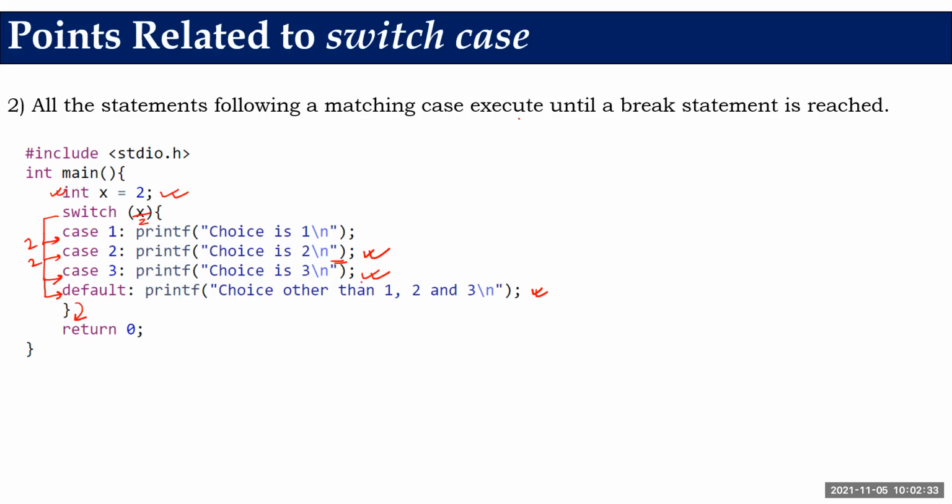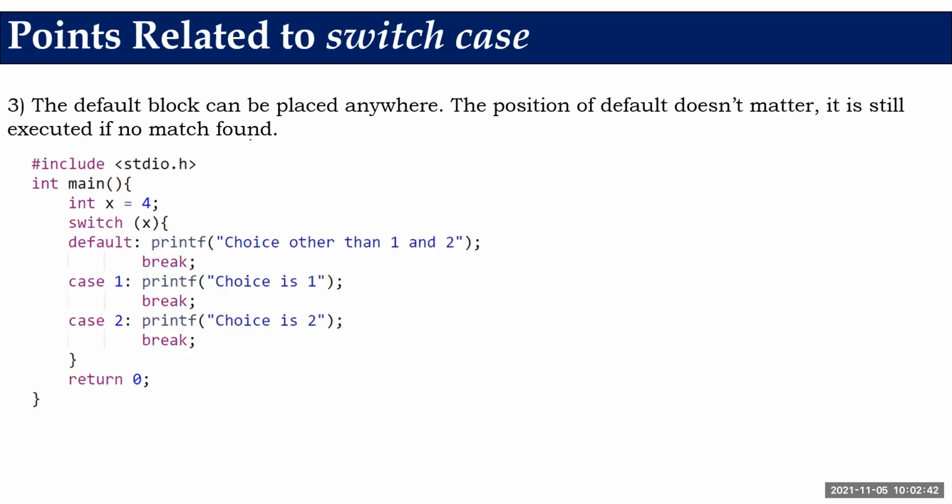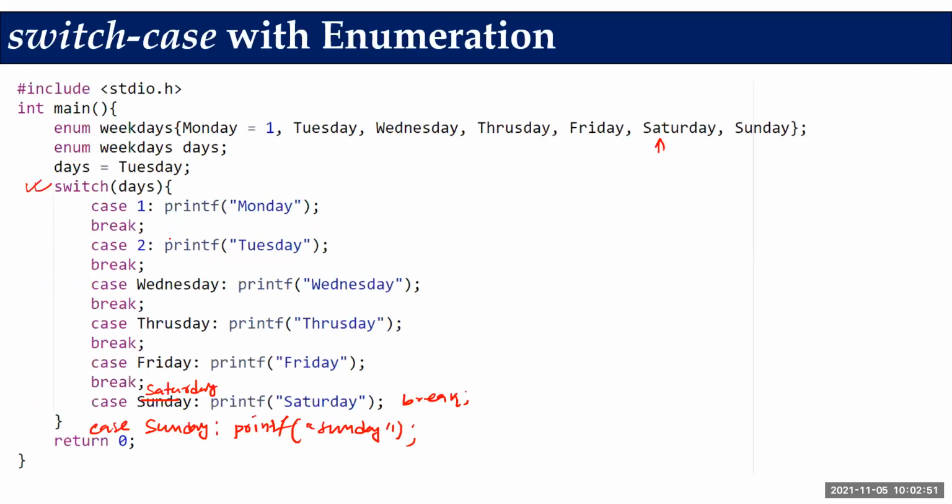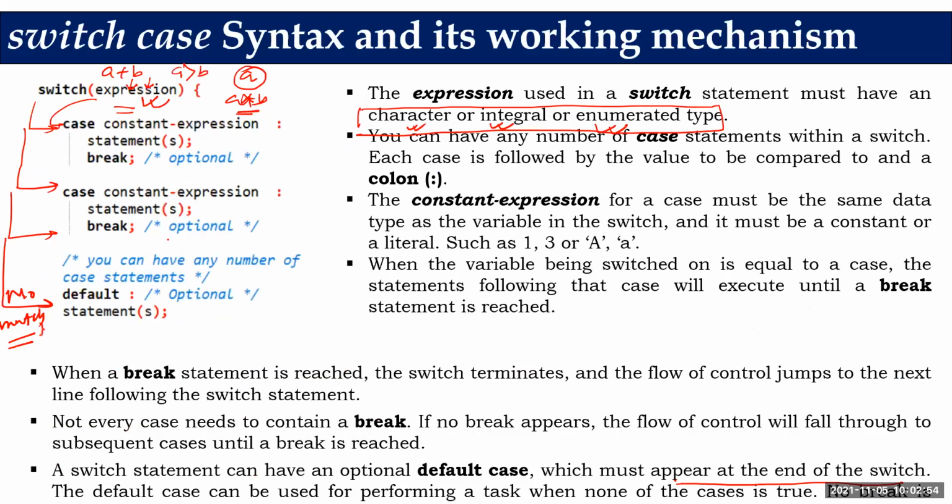Okay, so very nice, interesting facts. Do not forget to use break statement in switch case. Next, the default block can be placed anywhere. If you've seen earlier examples, we have put a default at last. And this is the thing I have told you in the discussion here. A switch statement can have an optional default case, and it should be the last, at the end of the switch case, the last option available, correct?